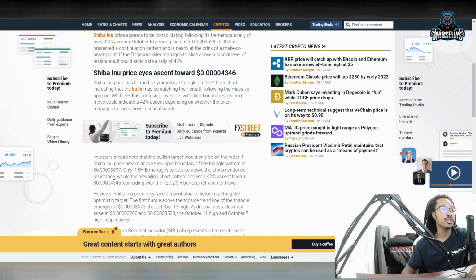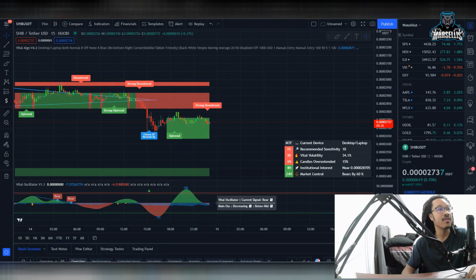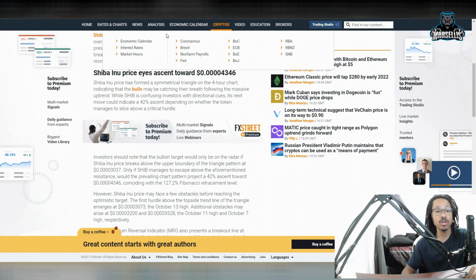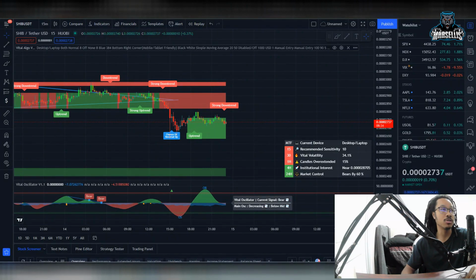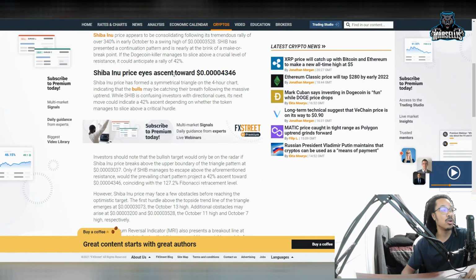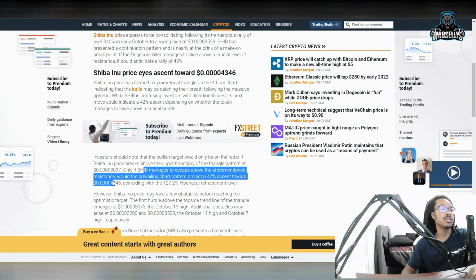0.0003037. So they're saying that yes, we could break out of a triangle pattern here, but we first have to get above 30.37. If we can't get above 30.37, they're saying that it's not going to happen. And right now we're at 27.37, so we could go on a short-term downtrend closer to about 24 cents before we actually decide to break out. So only if Shib manages to escape above the aforementioned resistance would the prevailing chart pattern project a 42% ascent towards the 43.46,